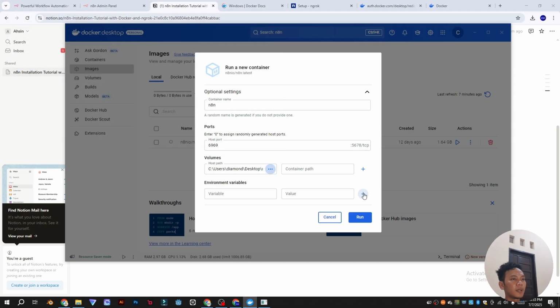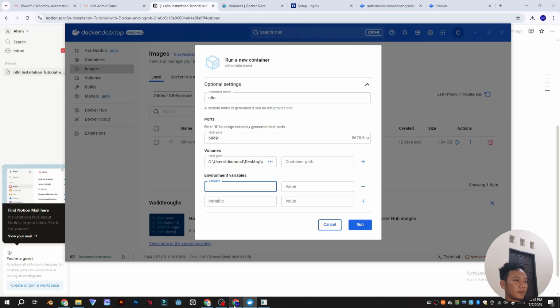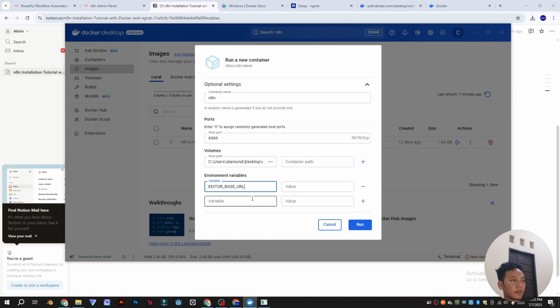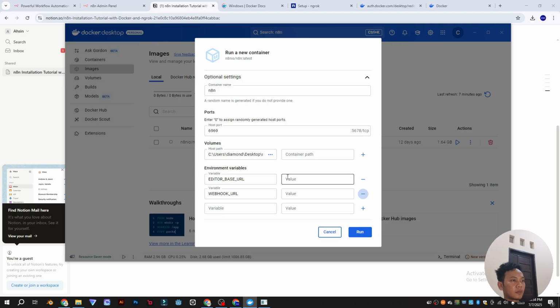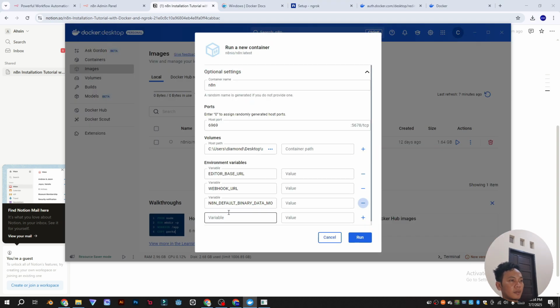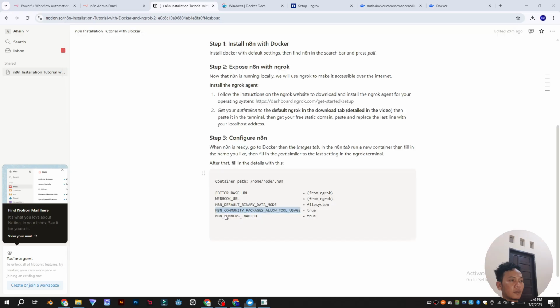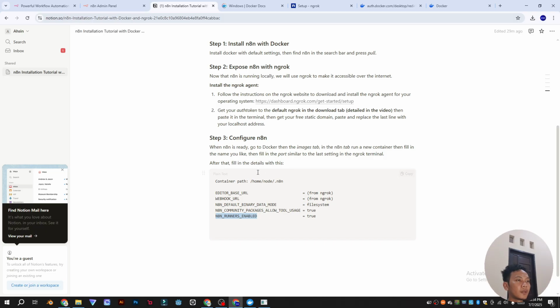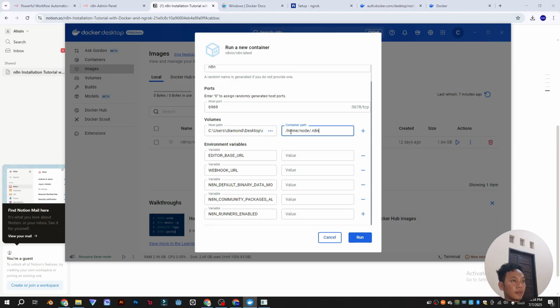For environment variables, we need to fill them in: editor URL, then webhook URL, and again default mode. For container path, we need to copy this and paste it there.